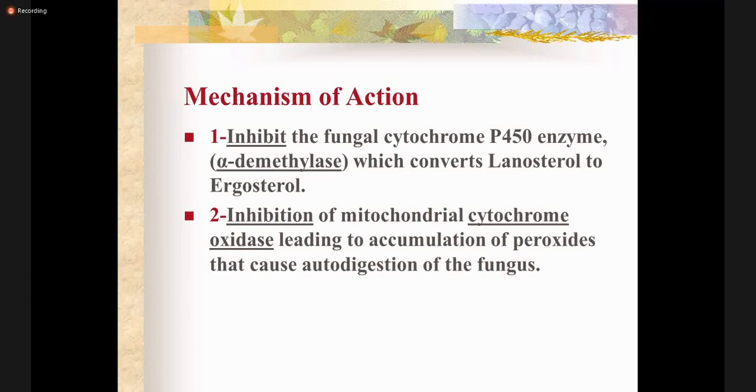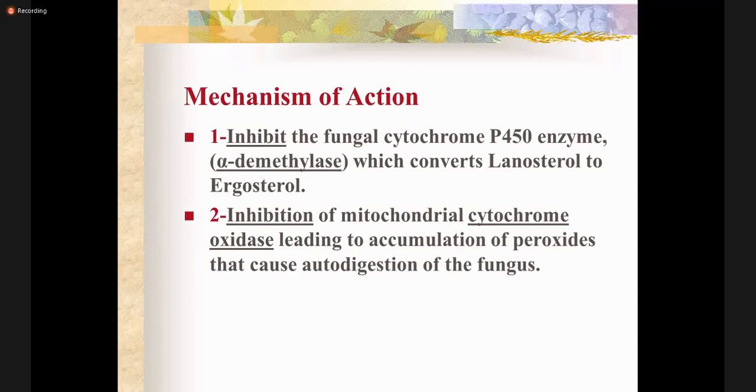So it affects the mitochondrial cytochrome system, and as a result, it increases free radicals like peroxides, which are toxic, and this peroxide then itself causes the autodigestion of the fungus. So the increase of the peroxide is responsible for the death of the